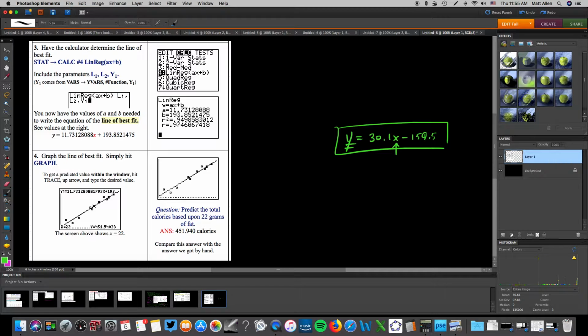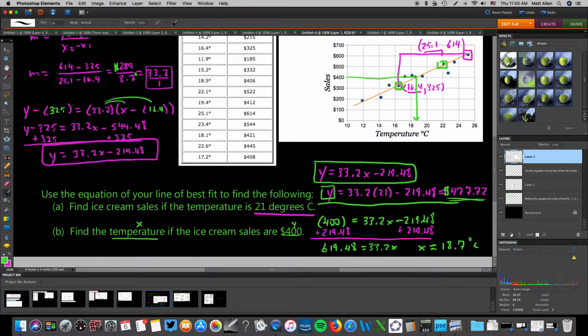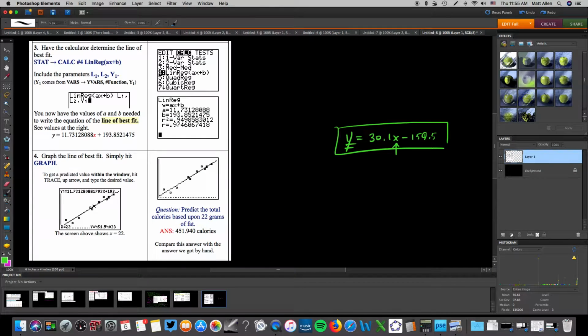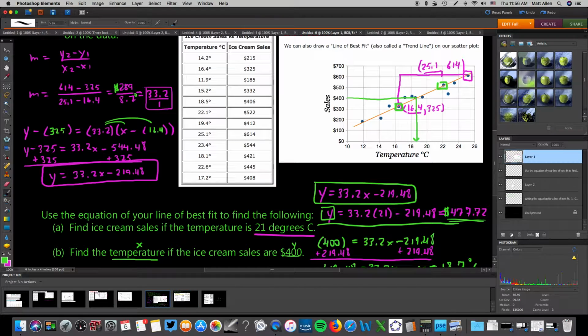Now that we have this line of best fit, we could use this to make our predictions again. And last time we did this, we made predictions about what our sales would be if we had 21 degrees worth of temperature. And so let's take a look at this. If I plug in 21 for our temperature, how close will we get to our line of best fit that we found by hand? And so let's go ahead and find this here. We would have 30.1 times, in parentheses, 21 minus 159.5-ish. And what we get is about $472 worth of sales,